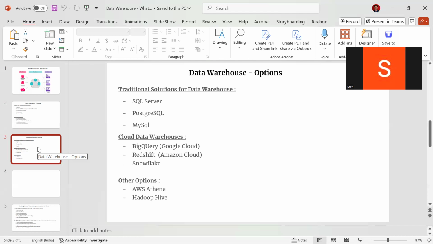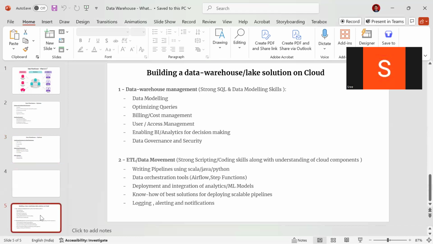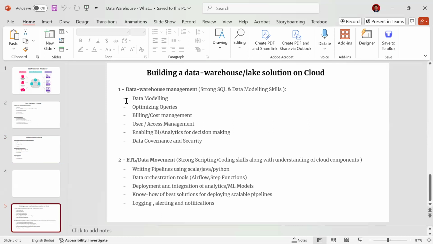And apart from the data warehouse, we also need to think about the different ways to build a data warehouse or data lake in the cloud. That is what companies are majorly expecting from a data engineer nowadays. So when I talk about a data warehouse in the cloud, we need to know most of these activities, such as data modeling. Data modeling is nothing but how to create the group of tables and create the